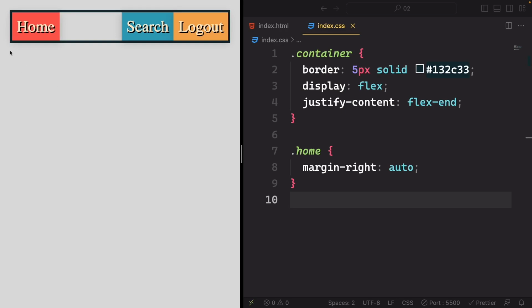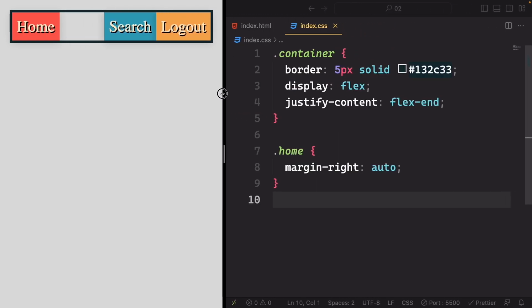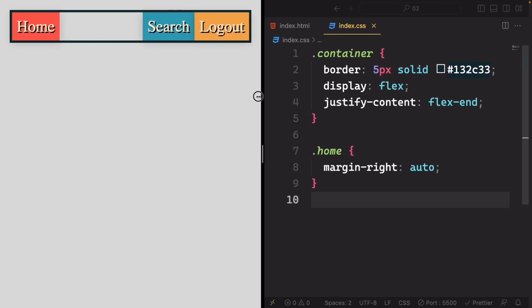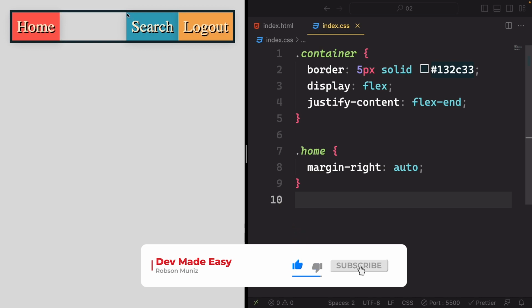Hello there! In this lecture, we are going to dive into the fantastic world of the Flex property. This property empowers you to make items responsive by adjusting the width based on the container's width. Unlike the current items that maintain a fixed width regardless of the container size, with Flex you can achieve a responsive